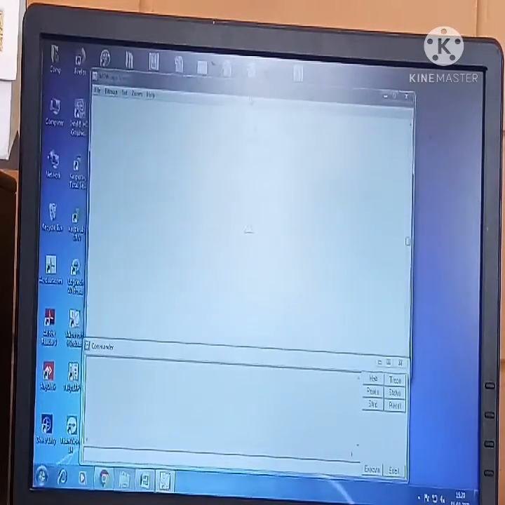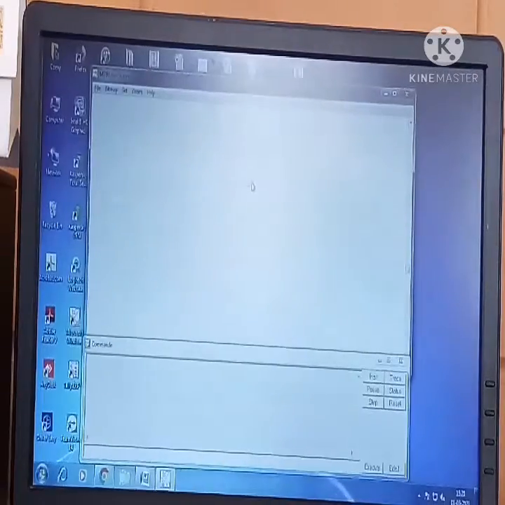Now first let us understand the components of the Logo screen. As usual, you all know this is the title bar and you have a menu bar here, and these three are called control buttons. This is a scroll bar to move your page up and down, and here you can see a triangle. Can you see the triangle here? This is called the turtle.